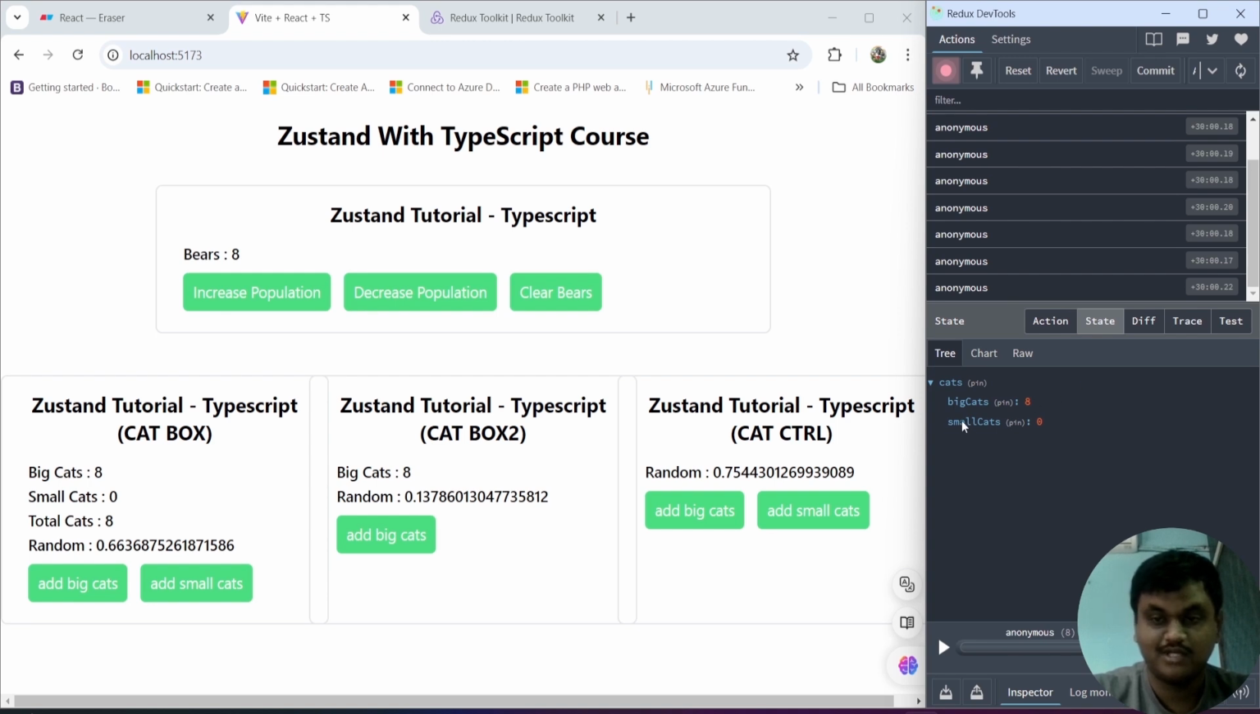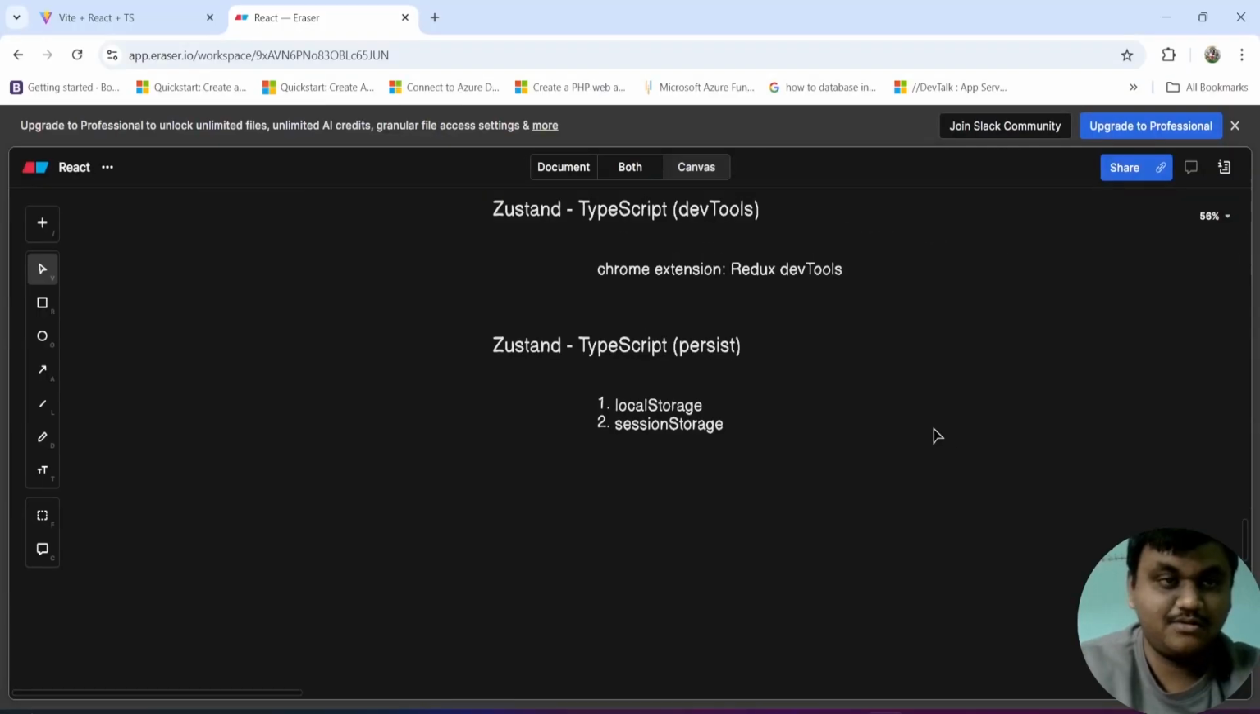Big cats 8 and small cats 0. If you want to see the small cats also, increase the small cats. In this session, we are going to learn persist. Persist means we are going to store our state management data into local storage or